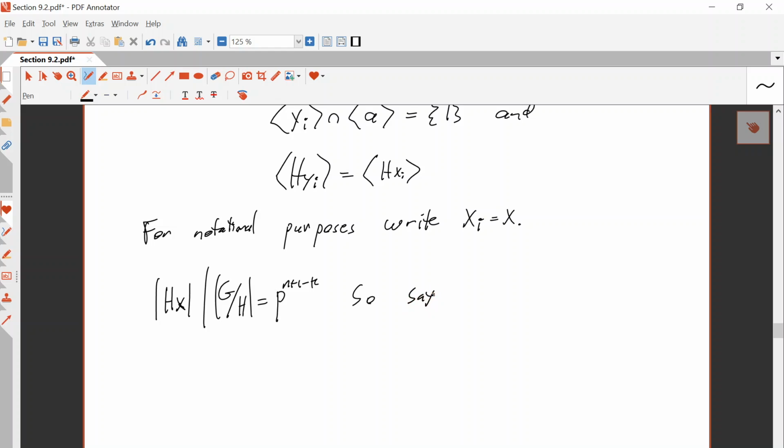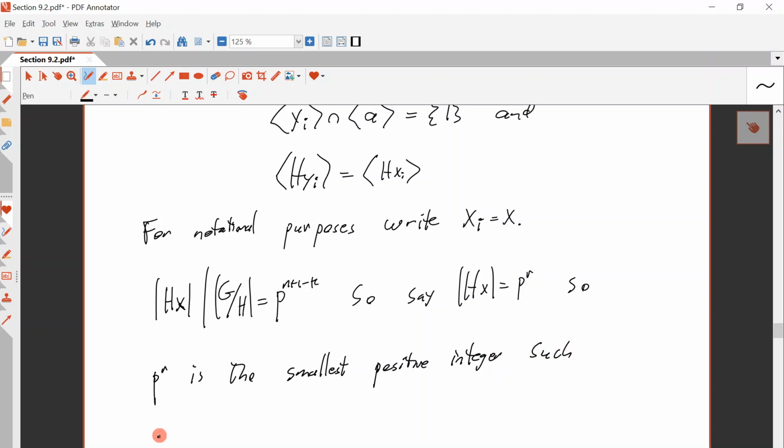So say that hx, the order is p to the r. So p to the r is the smallest positive integer such that x to the p to the r is an element of H, which is equal to the cyclic subgroup generated